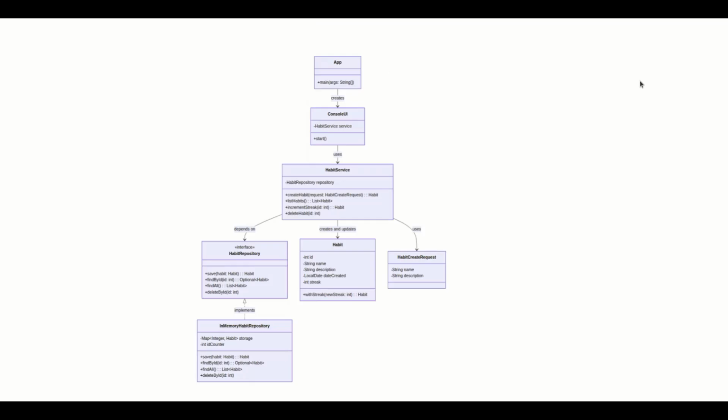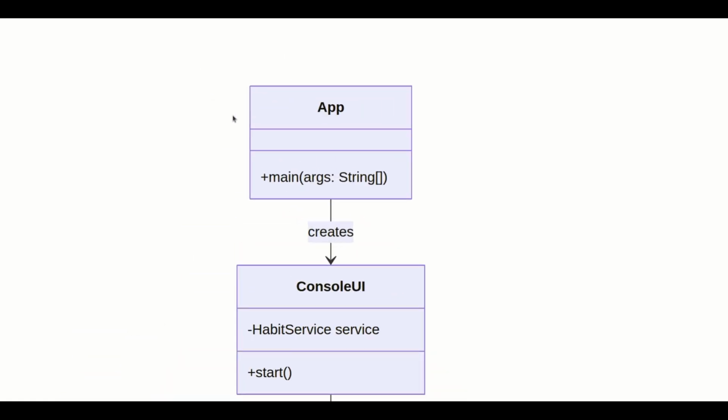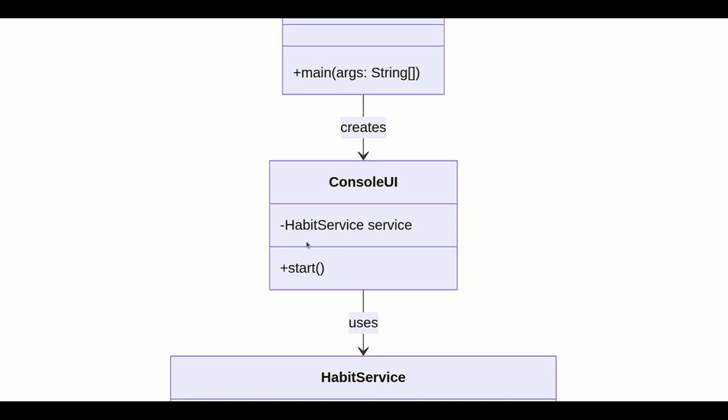This is the class diagram for our habit tracker and it shows us what we're gonna build in this project. So we'll start off with the app class. This is the entry point of the program. Its only job is to start the application by creating and launching the console UI. And here we have the console UI. This class handles all user interaction through the console. It depends on a habit service to perform the actual operation. When a start method is called, it presents options, reads input, and delegates actions like creating or listing habits to